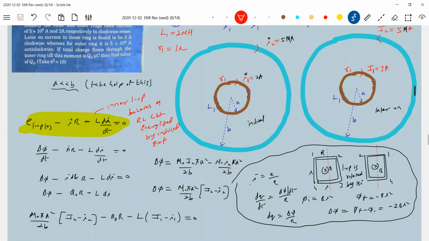Mutual inductance, you check the advanced paper. Several times it has been asked, and every time it comes with different ideas. So there is a possibility of asking